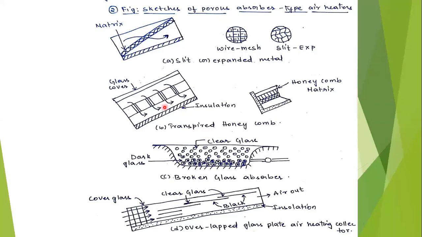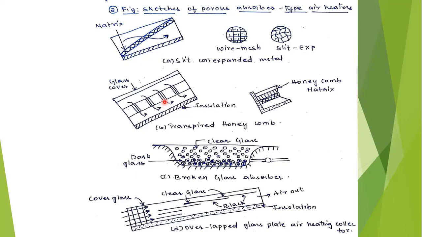The pressure, again, is the next drawback. The pressure drop along the duct formed between the absorber plate and the rear insulation is also a problem in the case of adding fins. These fins increase the pressure along the duct formed between the absorber plate and rear insulation. We are using the fins to increase the heat transfer surface and turbulence rate, but this increases the pressure. So the difficulty with this turbulence is pressure drop across the collector. If you increase the turbulence rate, there will be a pressure drop.